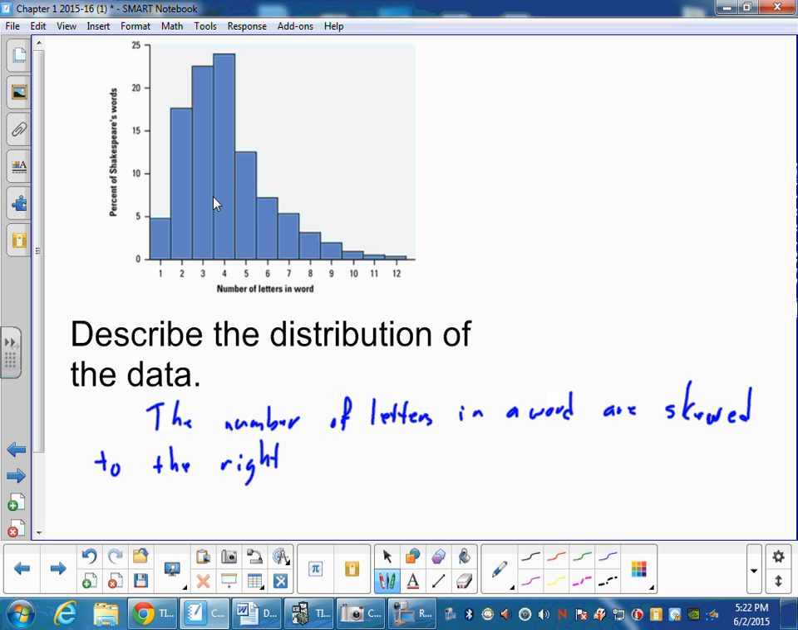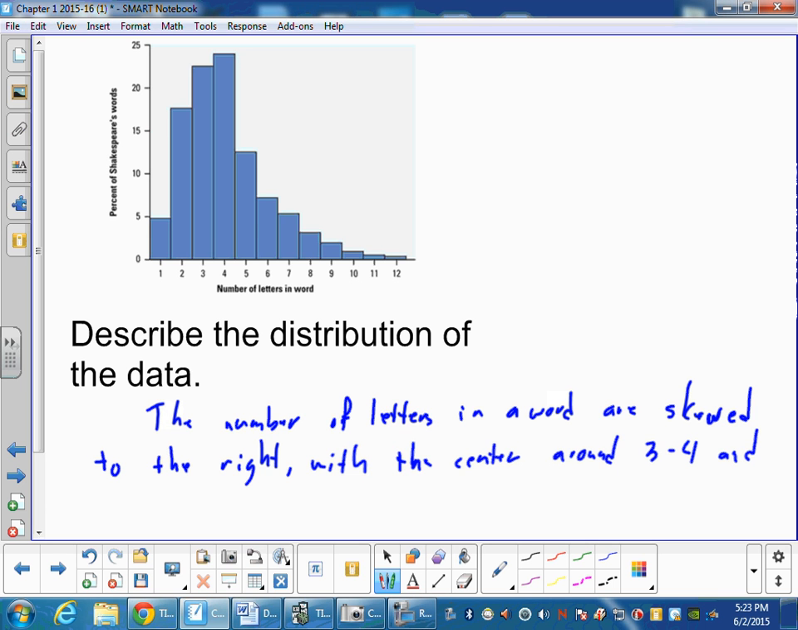With the center, now this is skewed. If we had all the data, we could find the median, but I'd say the median would be somewhere around 3 or 4. So the center is around 3 to 4,